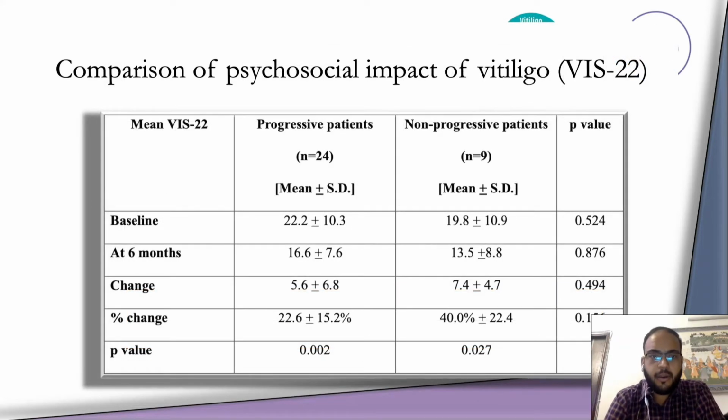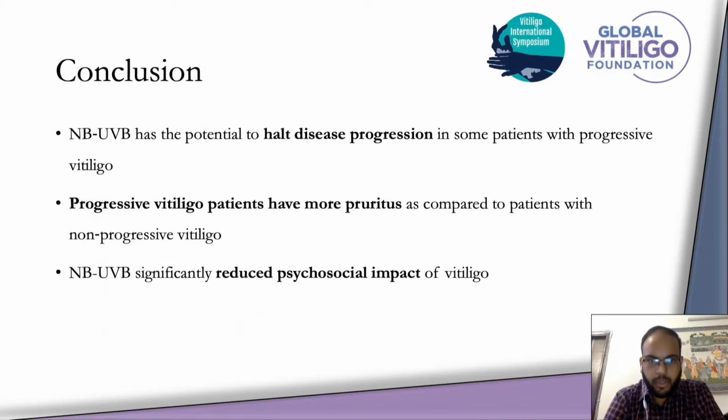On comparison of psychosocial impact of vitiligo among the two subsets, we found that there was significant reduction in psychosocial impact in both of the groups when compared to their baseline. However, when we compared these two groups with each other, there was no significant difference between the reduction in psychosocial impact. So, in the end, we would like to conclude that narrowband UVB has the potential to halt disease progression